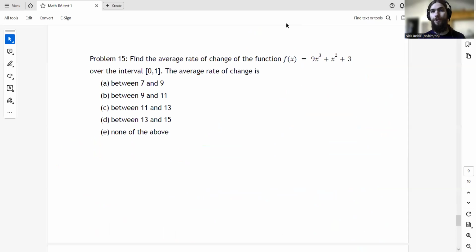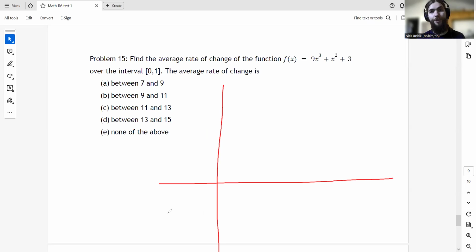Average rate of change of a function. In this case, they give us a function, 9x cubed plus x squared plus 3. And we are to find the average rate of change of this function over the interval from 0 to 1. What this means is, if